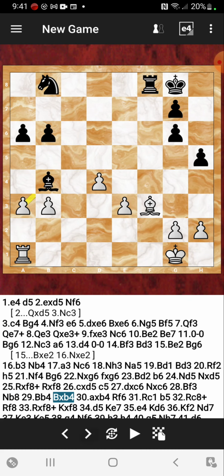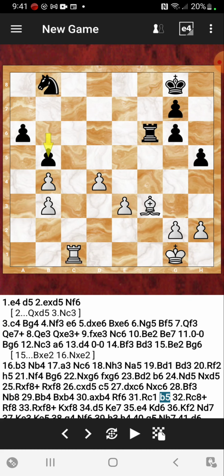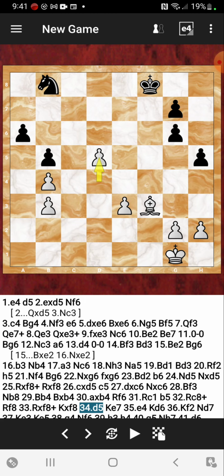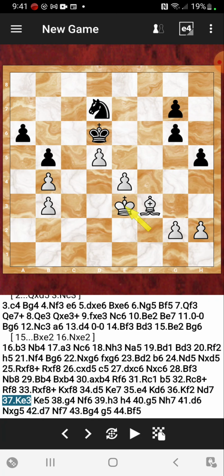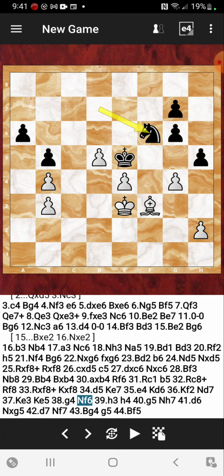Bishop to b4, bishop b4, a b4, rook to f6, rook to c1, b5 pawn thrust, rook to c8 check to the black king, takes, king f8, d5, king e7, e4, king to d6. Black is now marching towards the center of the board with the black king. And here comes the knight now, knight to d7, ready to help start defending the open positions. e3, king e5, g4, knight f6,